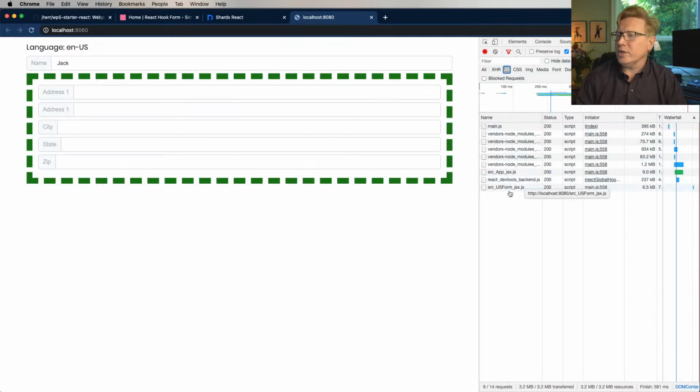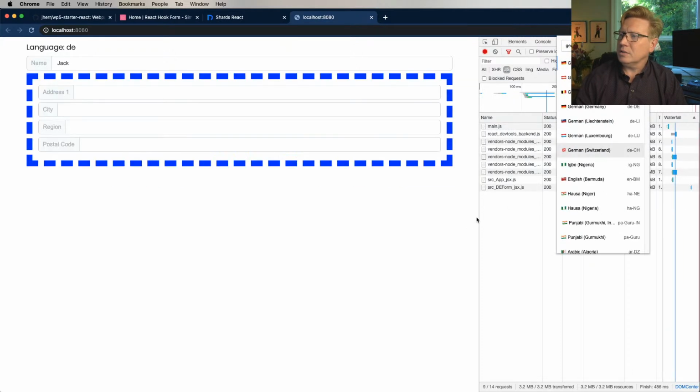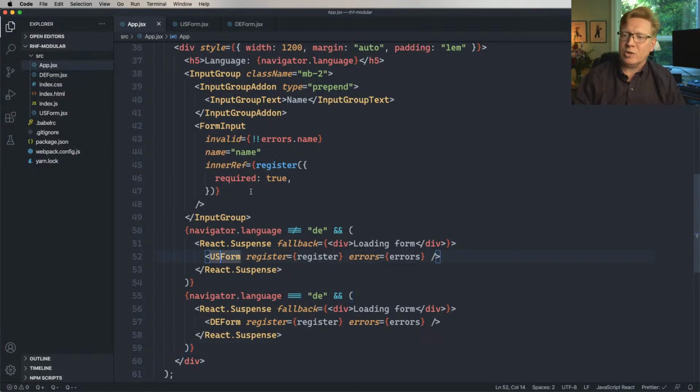All right. So now we can see over here we got source USForm, and when I go over here to Germany, I get the DE form. So yay! All right, so good. We're doing some lazy loading. That's awesome. And if I want to make this a little easier on myself, all I've got to do is